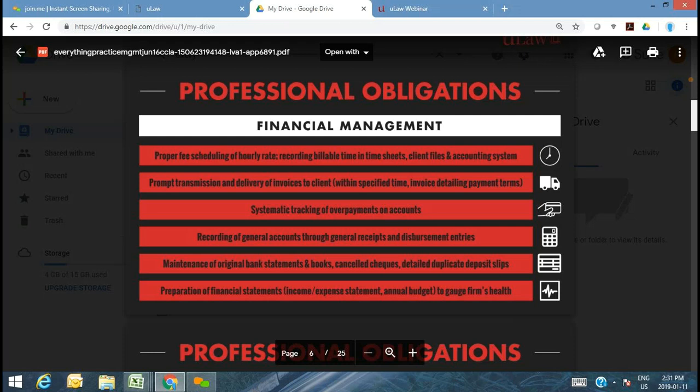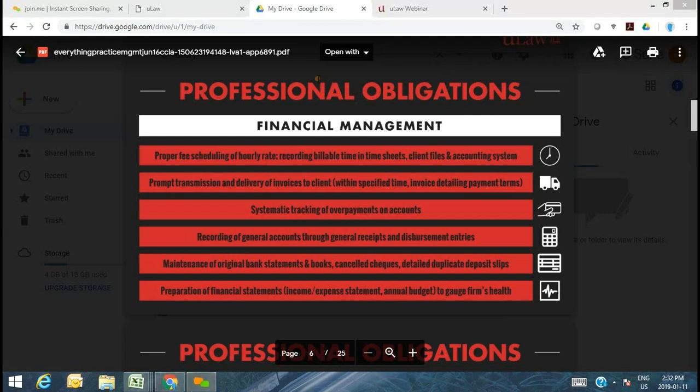So it's very important, and that's why they make it almost a key, I would say, best practice, if you will, that you deliver these invoices at the right time. And what is the right time? The right time is what you define in your engagement. If it's a corporate client, if you tell them you're going to be doing it on a timely basis, so every 2 weeks, every month, right?